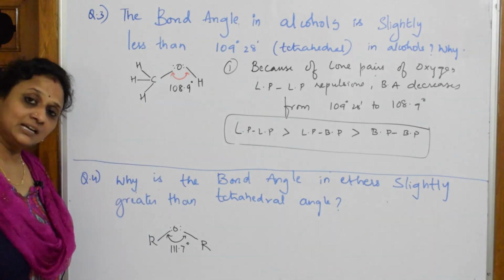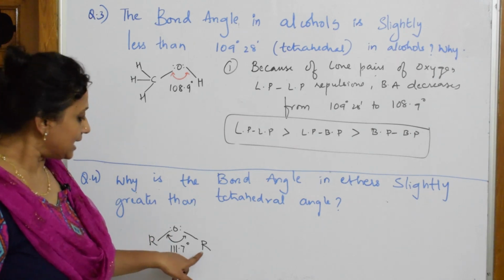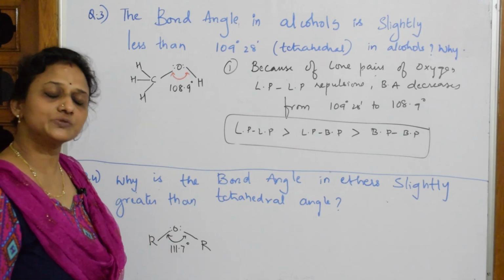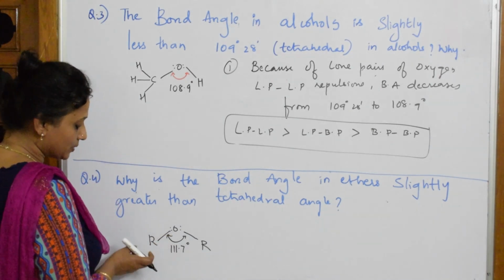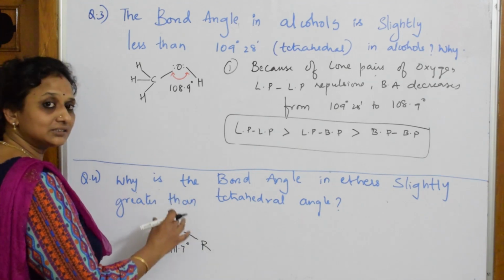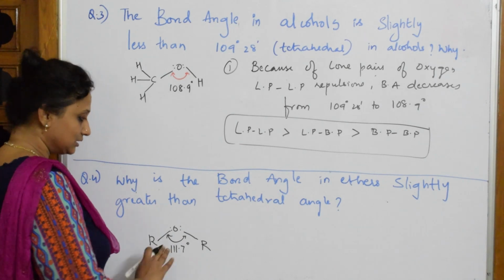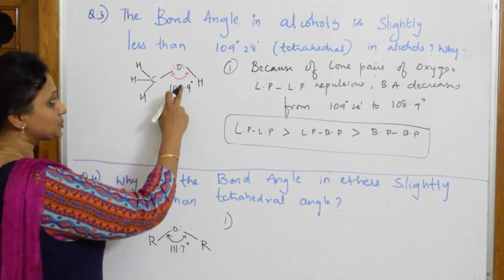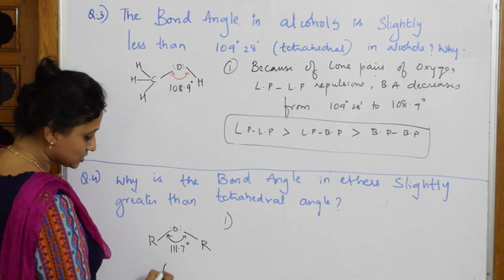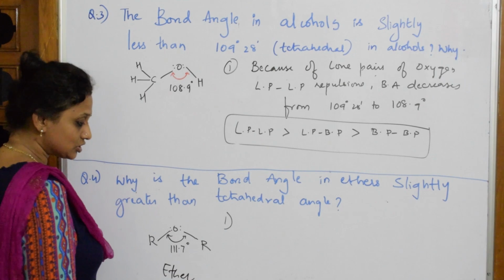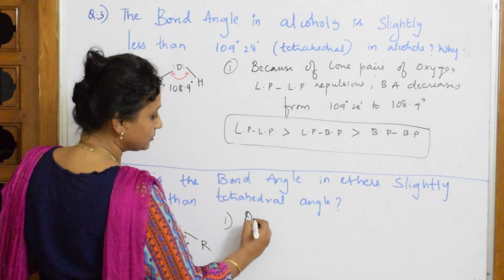But here what's happening? The only difference in ethers is, apart from the lone pairs, you have 2 electron donating groups. Alkyl groups are always electron donating. So here there are 2 electron donating groups. They keep on donating electrons towards this, and a lot of electron cloud is created. Here I spoke in terms of oxygen, and now I'm going to speak in terms of ethers. This is your ether. So in ethers you're going to say, due to repulsions